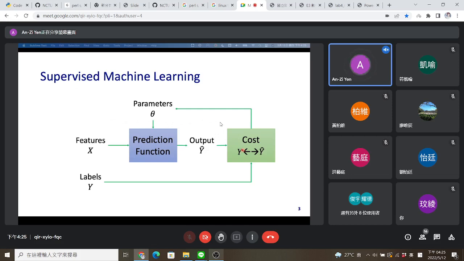And it is measured by the cost function, comparing how closely the output y hat and your label y match. Then we can update our parameters and repeat the whole process until our cost is